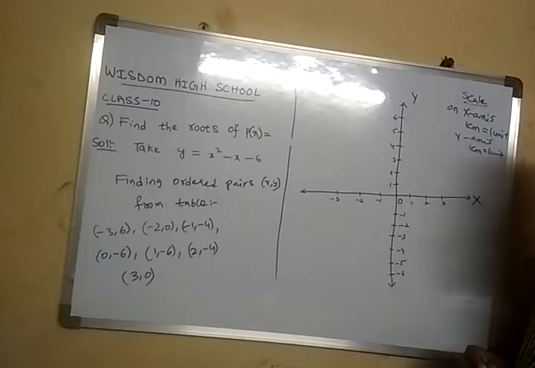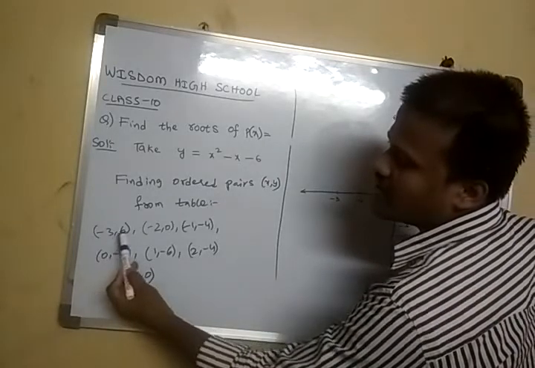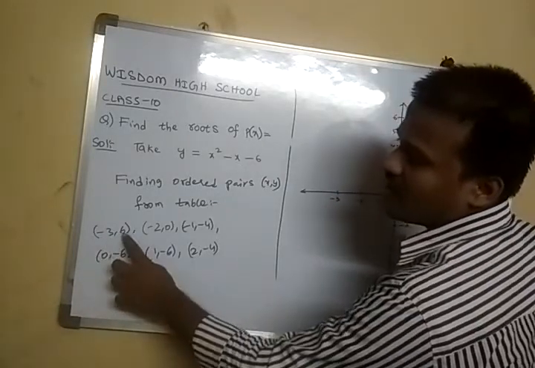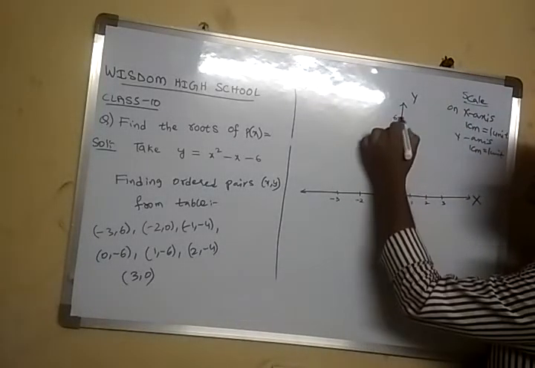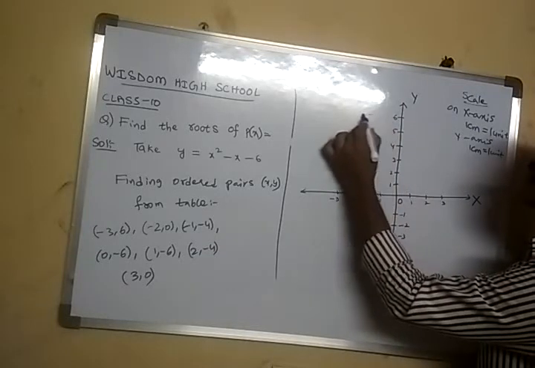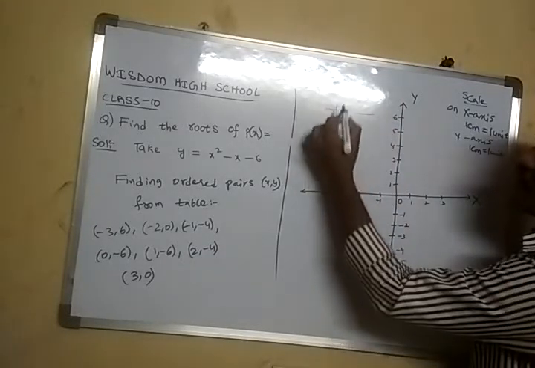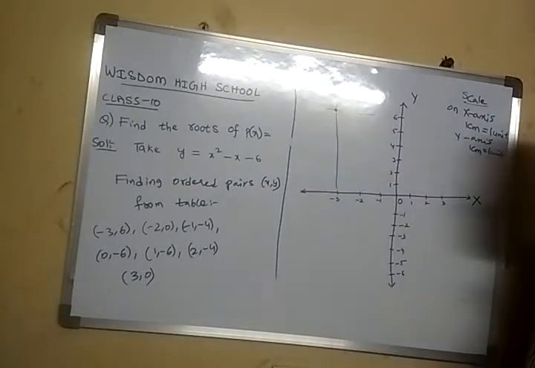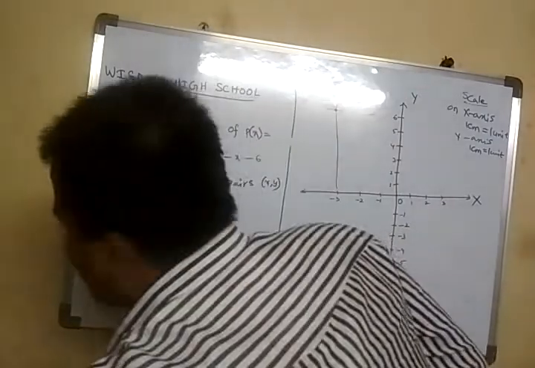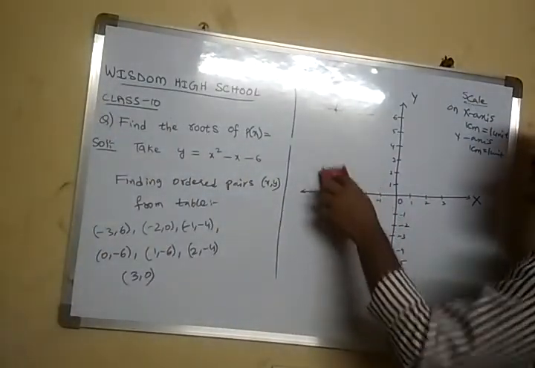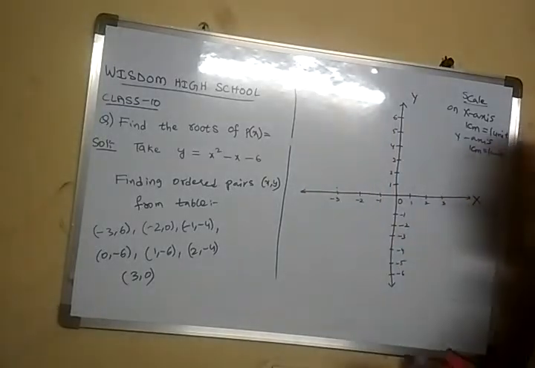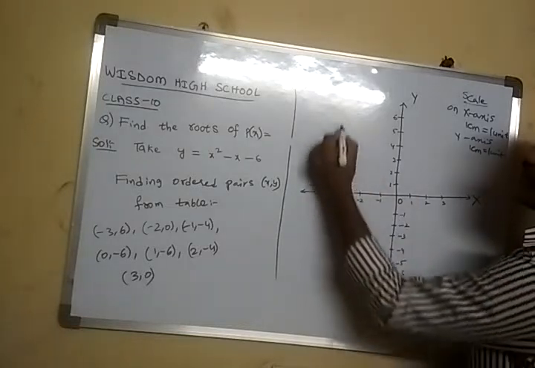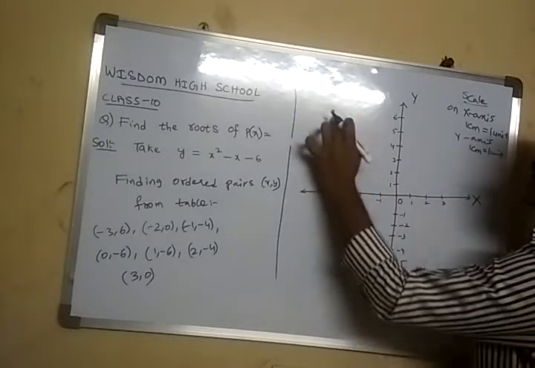So now I have to plot these points in the graph. So how will we find them? The first point is minus 3 comma 6. The x value is minus 3, the y value is 6. So x value minus 3 is here and y value 6 is here. So if you draw perpendiculars, both will intersect at a point. That point is minus 3 comma 6. So now I am erasing these perpendiculars just for my convenience. Okay, so x value minus 3, y value 6, so we get a point here.